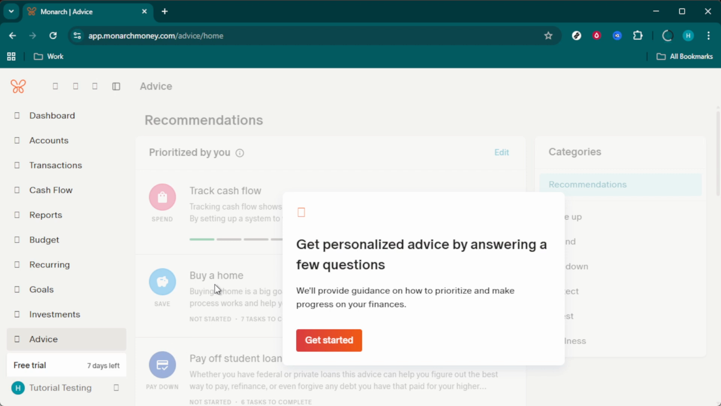So, there you have it, a comprehensive walkthrough of the Monarch Money app. With this powerful tool at your fingertips, managing your finances